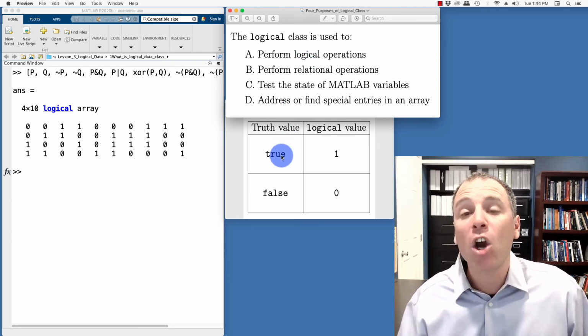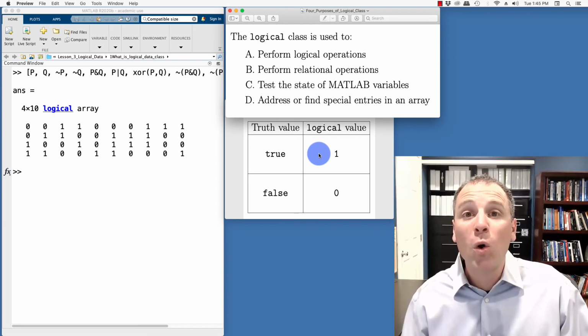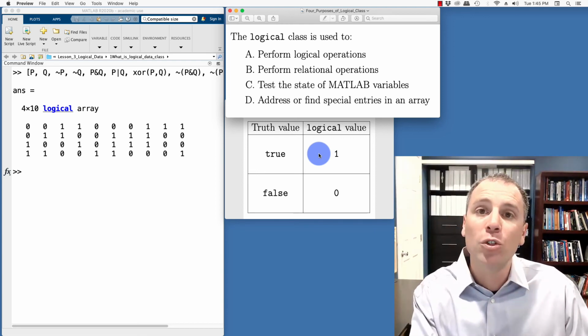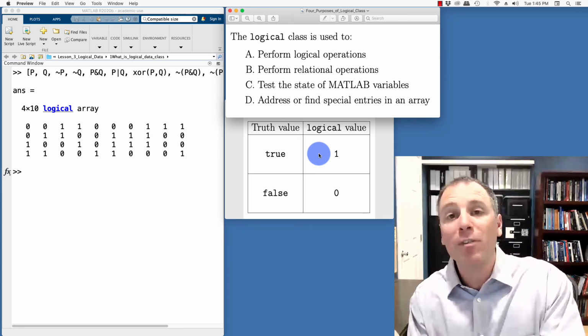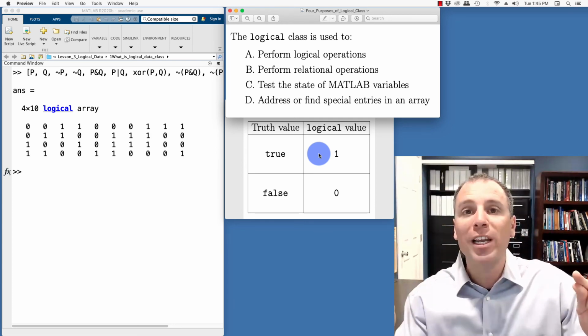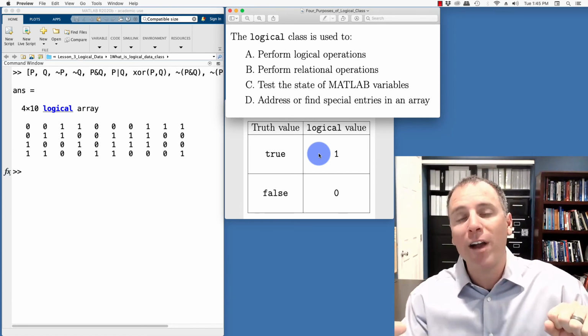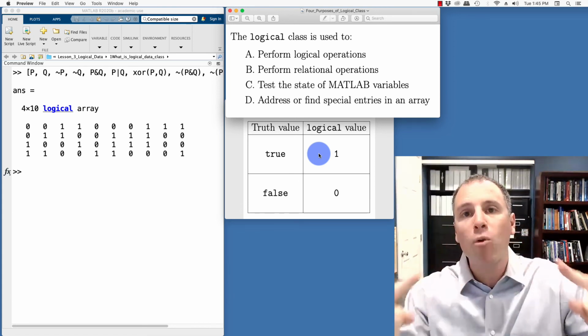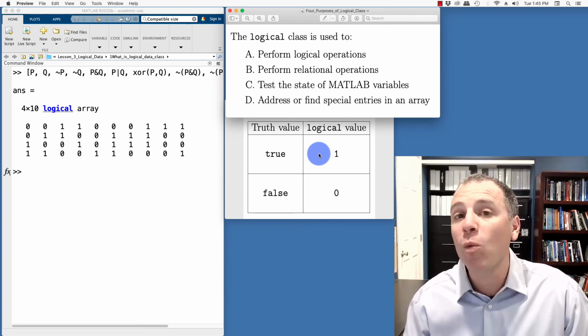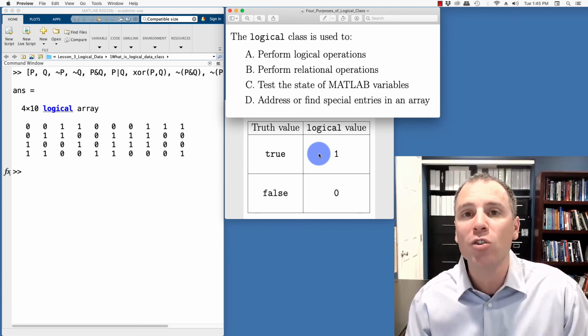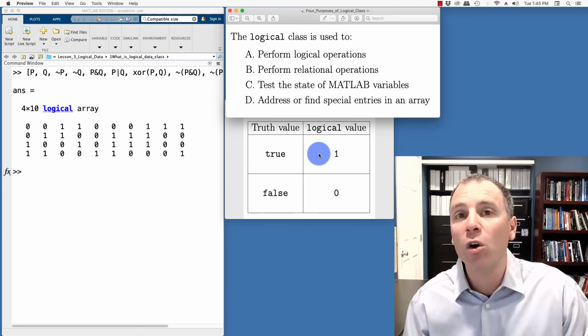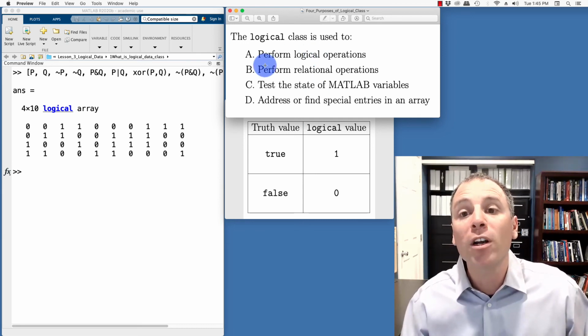This is a programming structure to be able to write code that allows us to do one thing if something is true and some other thing if something is false. In other words, to branch our code into 2 different sections, one of which evaluates in the case of trueness, the other one evaluates in the case of falseness. This is called a branching statement. In MATLAB, a very, very common one is called an if statement. We also have a case statement and also a switch statement that allow us to really take advantage of these structures. We're going to do just one more video on logical operations. Then we're going to move on to figuring out how to do these other 3 situations.